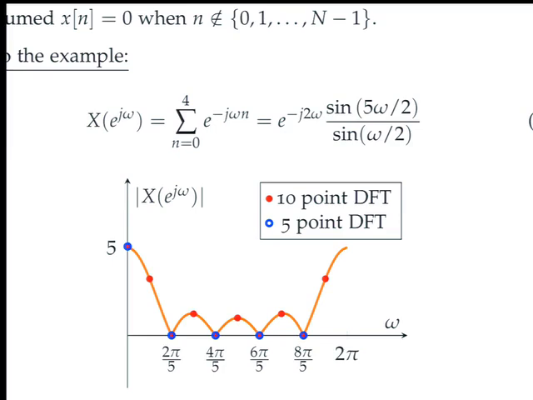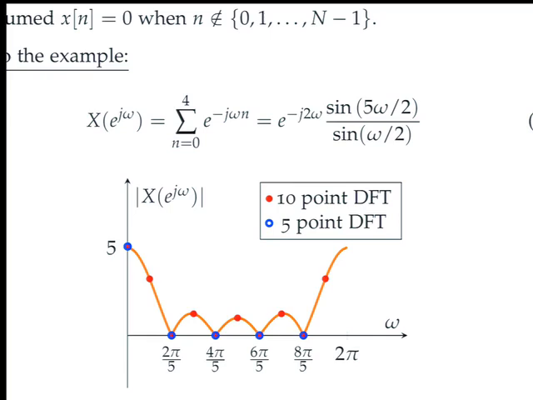Periodic version of the sinc. So that's our DTFT. When I said at the beginning, let's find the 5-point DFT, that really meant I was taking 5 samples out of it at values omega equals 0, 2 pi by 5 for k equal to 1, 2 pi by 5 times 2 for k equal to 2, and so on. So these values that I marked with blue,